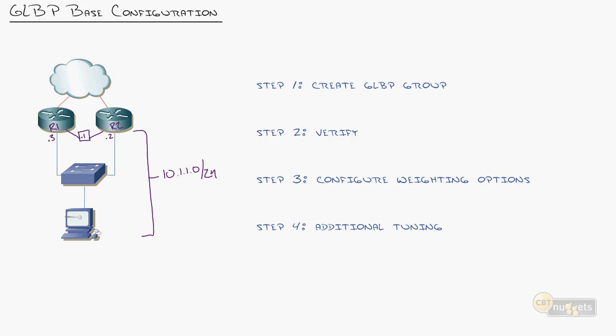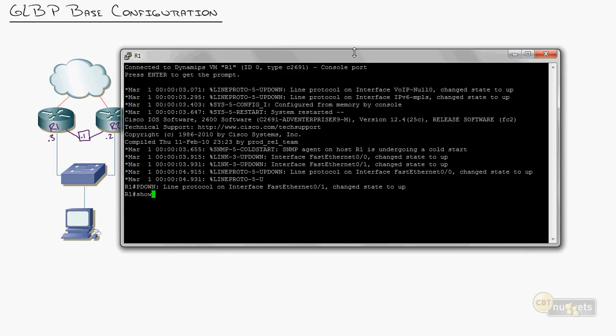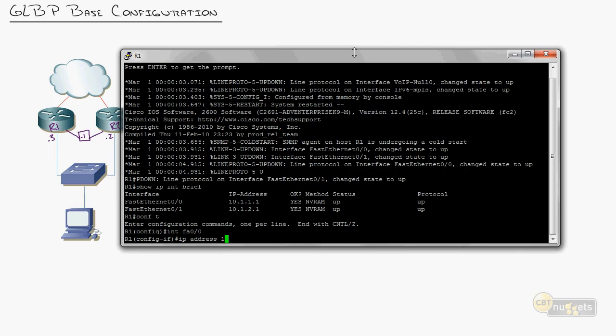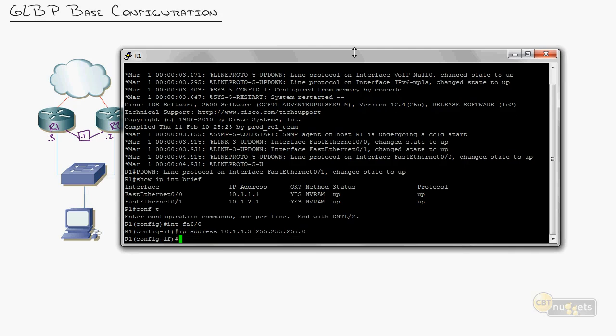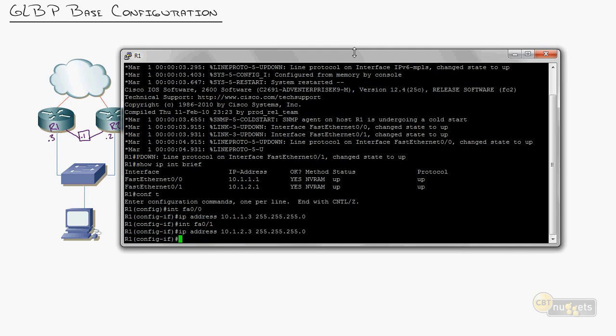So first things first, I've rebooted these routers, so we've got to make a quick IP change. Let's go to router 1, do a quick show IP interface brief. And let's go FastEthernet 0/0, IP address 10.1.1.3. Okay. And if we wanted to do it on the other side as well, we would hit the up arrow and just kind of change that to 2.3 if we're doing redundancy on both sides. So let's get back to FastEthernet